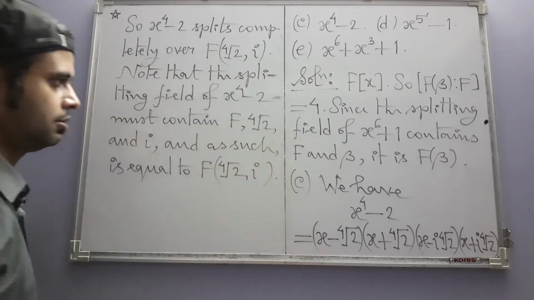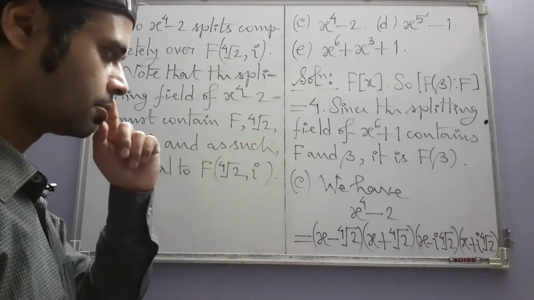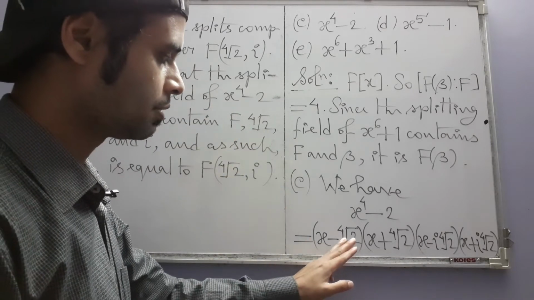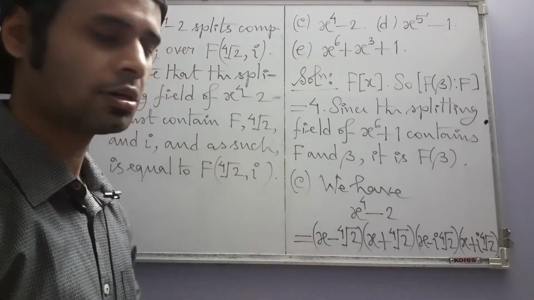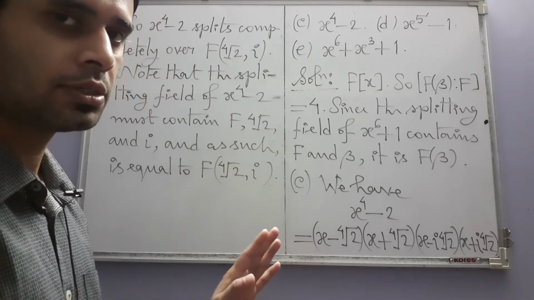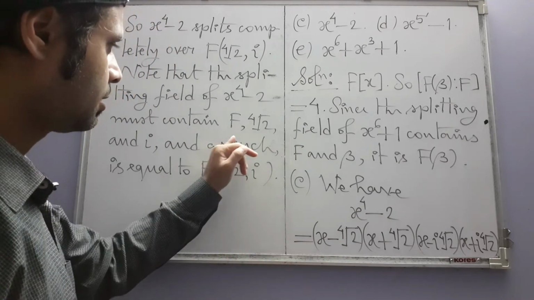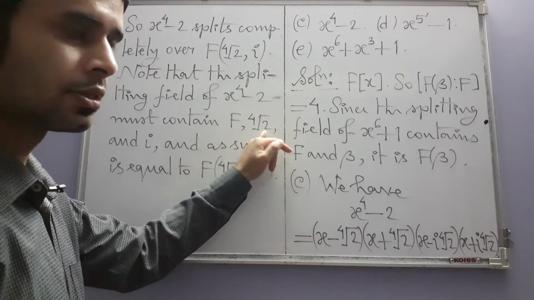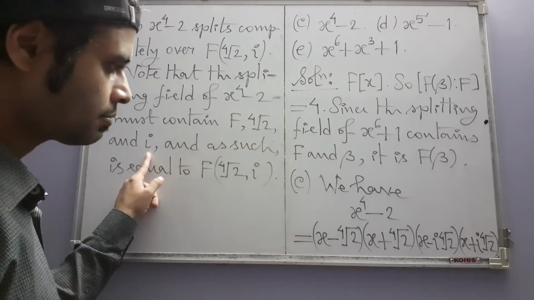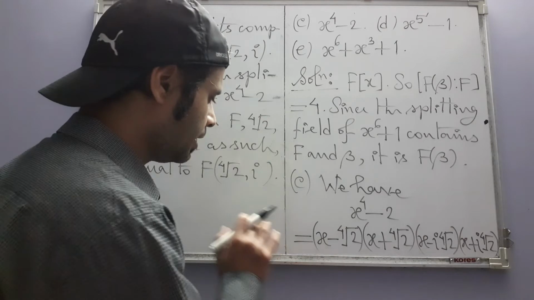Okay, why should it contain the fourth root of 2? We understand why, because the fourth root of 2 is a root of this polynomial. So the splitting field should contain all the roots, and as such it contains this. But why i? That's because you see it contains